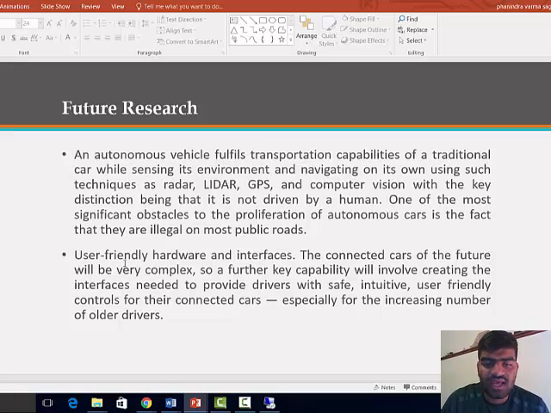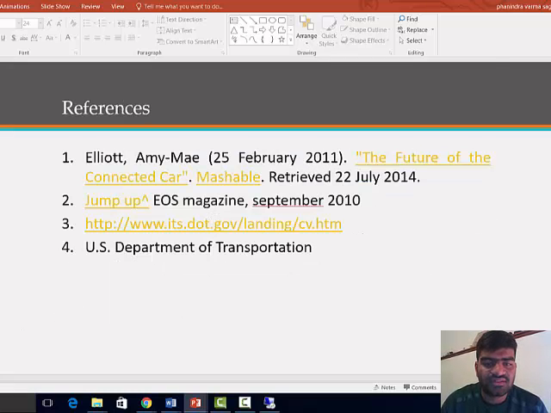And then user-friendly hardware and interfaces. The connected cars of the future will be very complex, so a further key capability will involve creating the interfaces needed to provide drivers with safe, intuitive, user-friendly controls for the connected cars, especially for the increasing number of older drivers. Here are some references where we